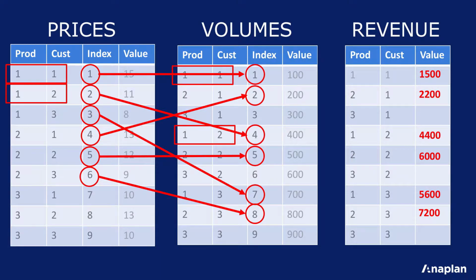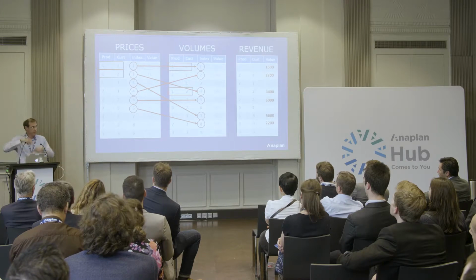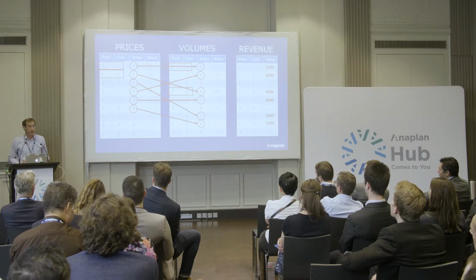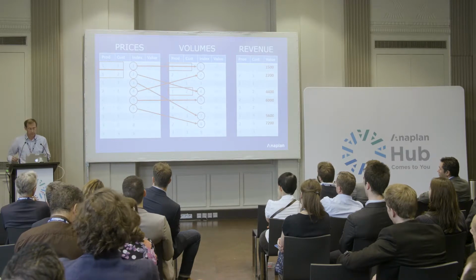So the first one is easy because it's always 1, but the second one actually kind of goes down there. So it's now looking and saying, okay, my index 2 for this part looks at index 4 for that part. And then the second one goes down there, and then the third one goes down there. And you imagine this over a list of 1,000 or 1,000. It's going up and down around the houses. It has no idea what's coming next. So it can't be optimized because it doesn't know what to do.